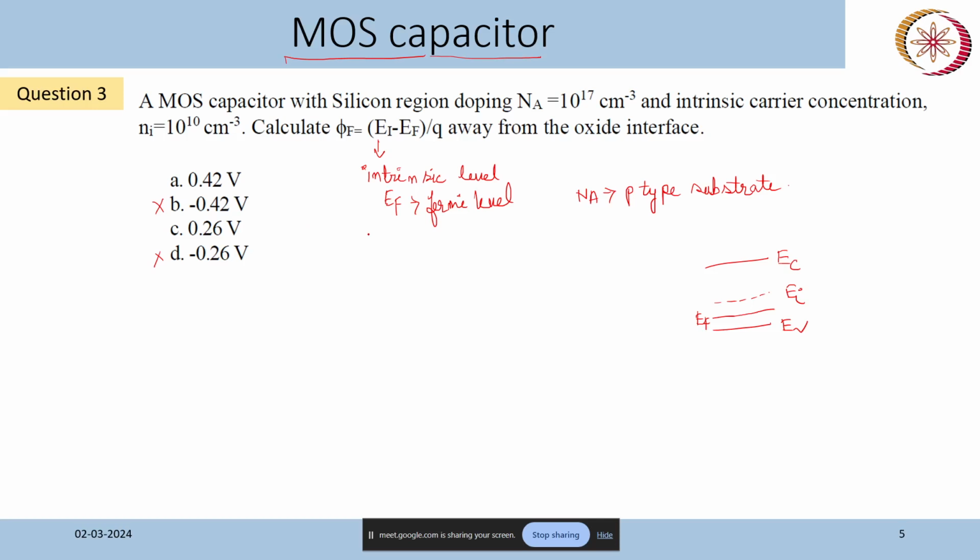Because this question is given as a MOS capacitor, I'll consider the band diagram of a MOS capacitor, although it is not necessary, because we can simply use the semiconductor formulas and get phi f, that is the bulk potential, which is generally what we call the bulk potential. There is no need to draw the band diagram, but I will draw it also and discuss a few of the concepts.